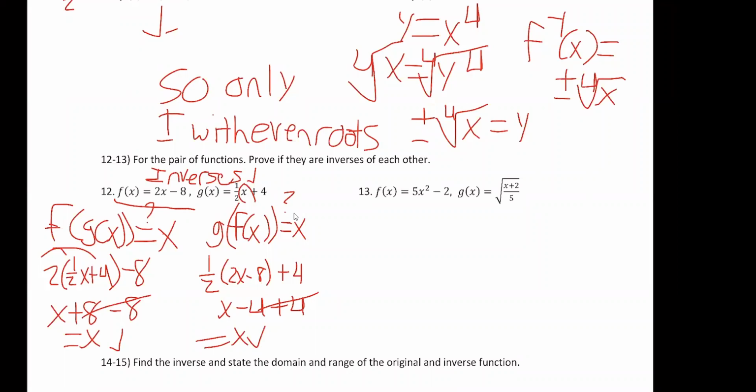I'm going to skip 13 for now, or maybe it's worth doing. I'm pretty sure 13 doesn't work if I remember. I don't have my key in front of me. But if you plug this into here,